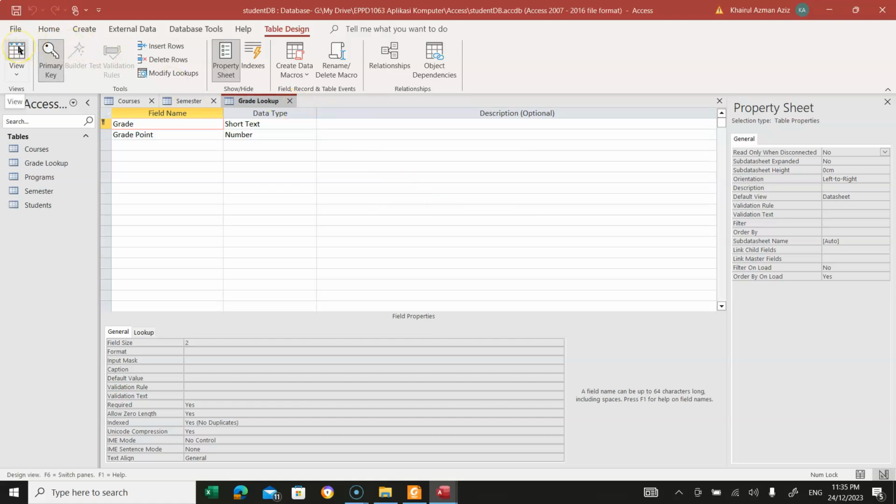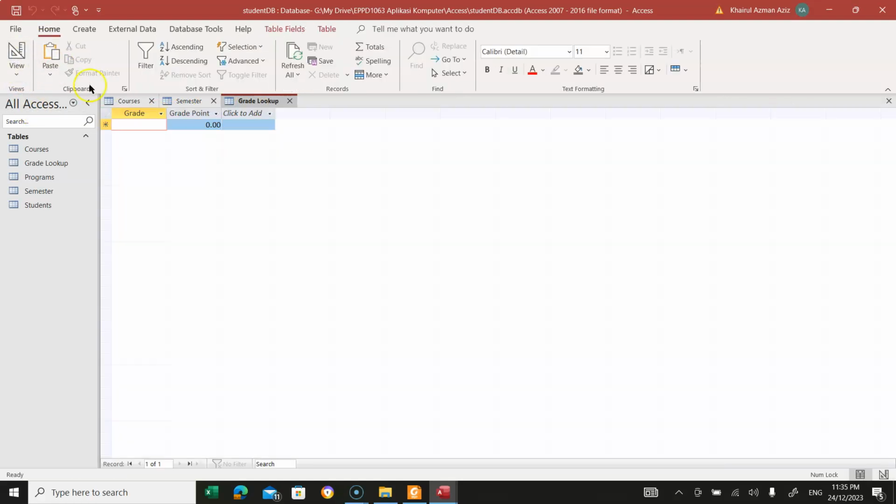Okay, let's enter some basic data for grade lookup. Just change it to the datasheet view. Click on right here. So this is the datasheet view. Okay, the grade is based on information from UKM. Grade A is 4 points. Grade A minus is 3.67, and so on. B plus is 3.33, and then B is